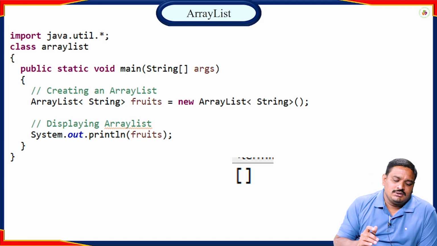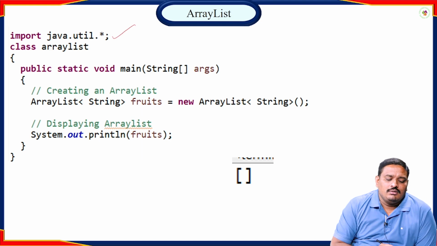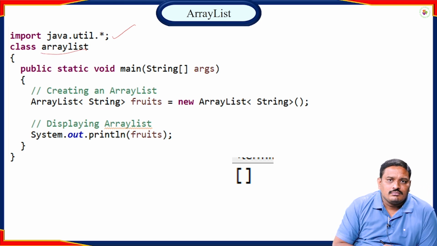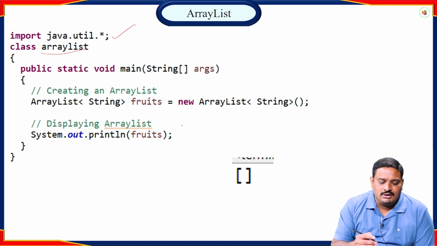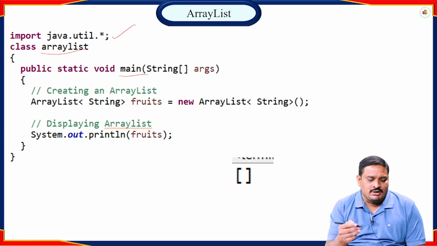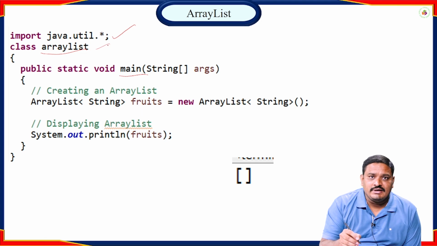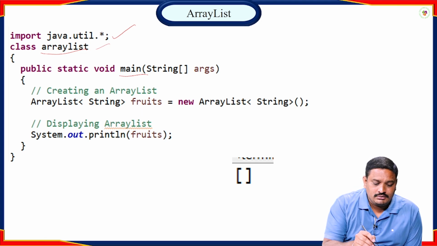The java.util package. That's the statement. In this java.util package, the classes are there, statements are there, methods are there, main methods are there. Okay, see the example. Here ArrayList is a class name, and the main